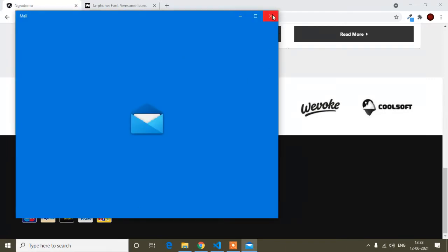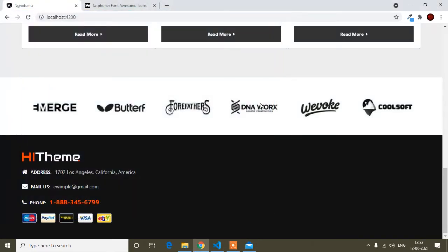Okay, so I don't want to take more time, so I will close it, but if you open it, it will be redirected to this mail, and the same for the number, because there is no number feature for your laptop or desktop. So if you open this site from your mobile, and if you click this number, it will be redirected to your phone, I mean a phone call. Okay, and this number. So this is done, and now I will add the design for the next remaining column.